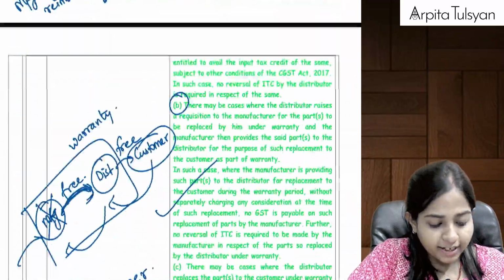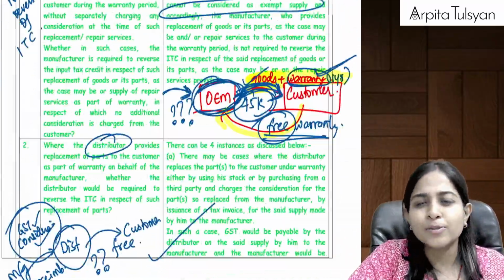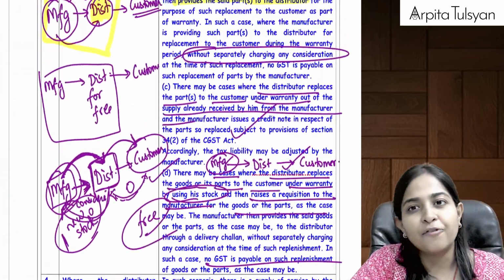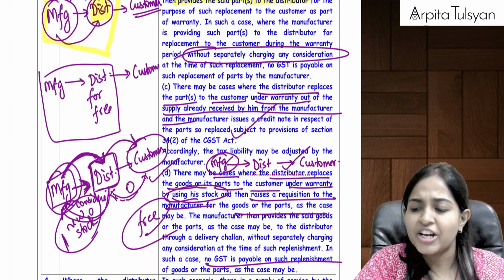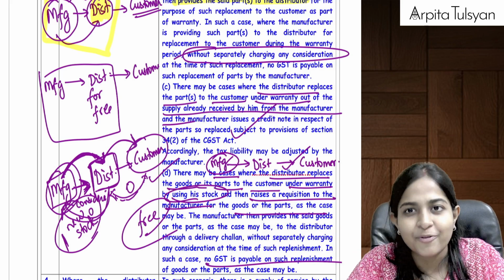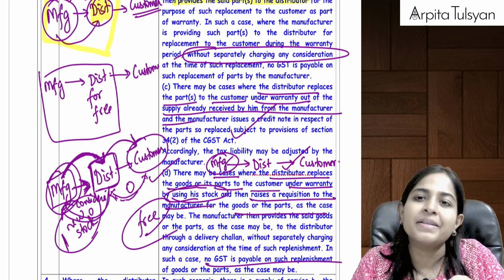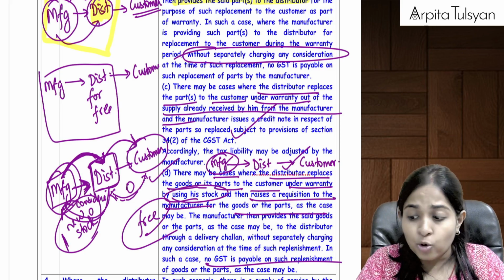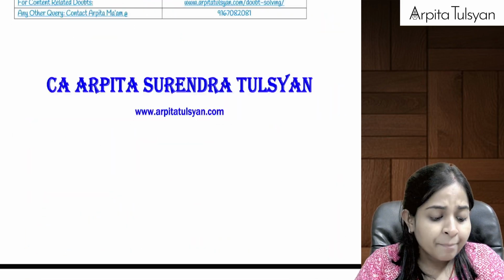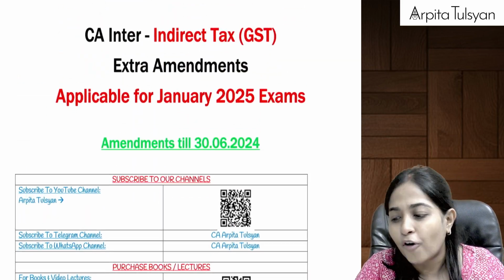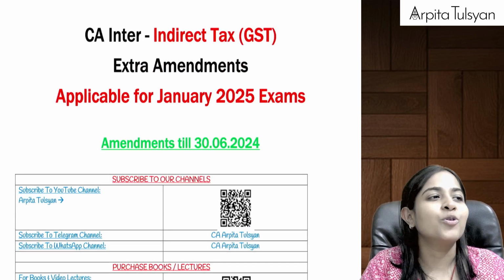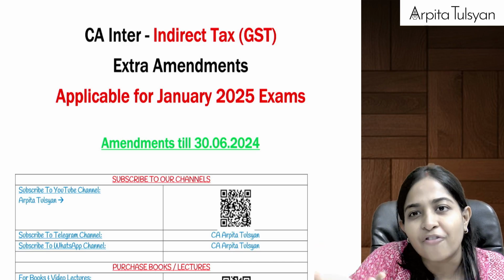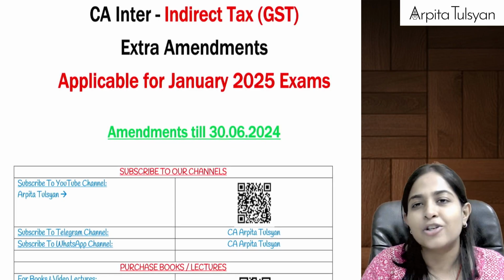Okay, so whatever we have done till here, these small amendments, are the amendments applicable for the Jan 25 attempt and onwards. If you are a May 25 student also, the same amendments plus something extra will be applicable to you. But this video is specifically applicable to all the Jan 25 students. The amendments are not much. It is more of circulars, but please make sure that you do it at least once, because generally you can expect one question from the amendments.